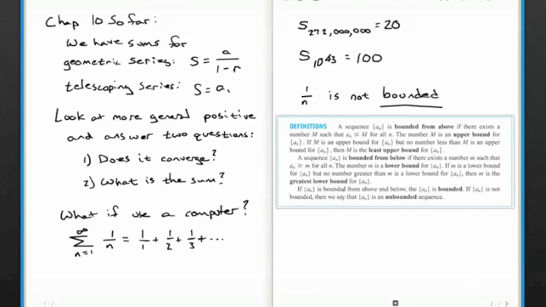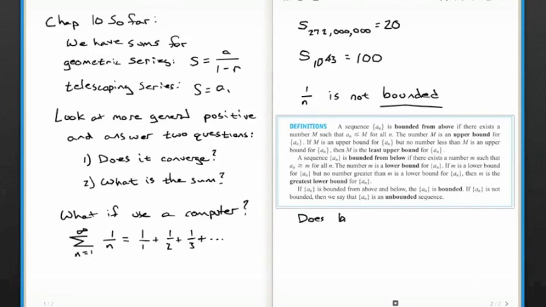And if a sequence is bounded from above and below, the sequence is bounded. And if a sub n is not bounded, then we say it's unbounded. All right, so that's a lot of terminology. A question we might ask ourselves now is,